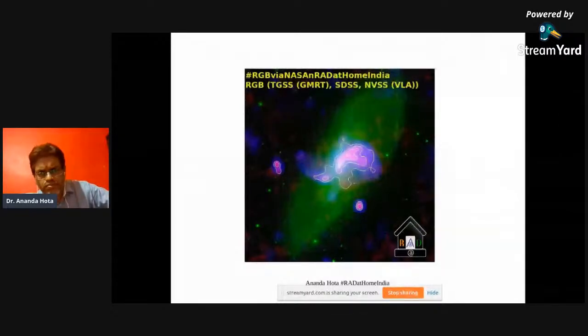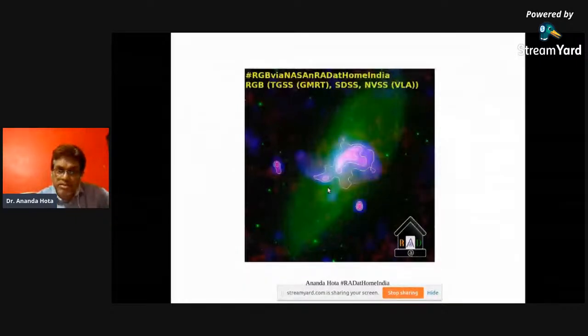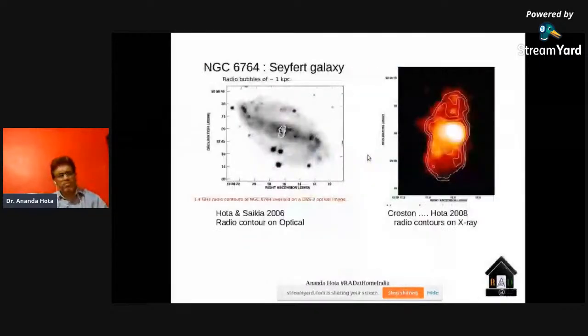Not only this, even normal spiral galaxies, almost all of them, have a million solar mass black hole. They also create this kind of jet. One can see here a nearby spiral galaxy with TGSS as GMRT and NVSS as VLA. One can see this jet coming out. There's another study. This is the picture of the